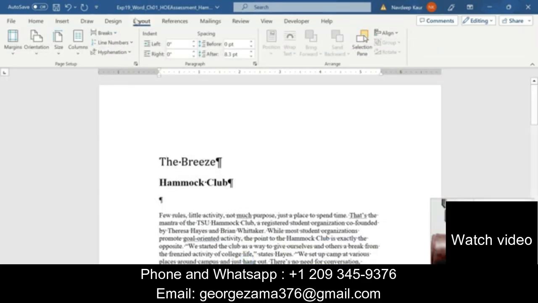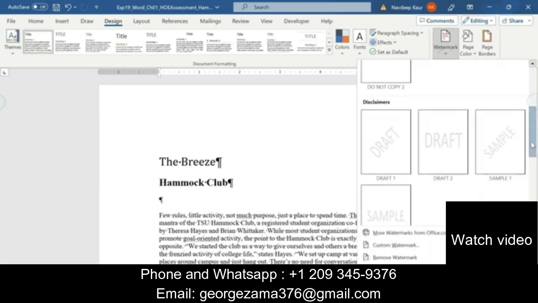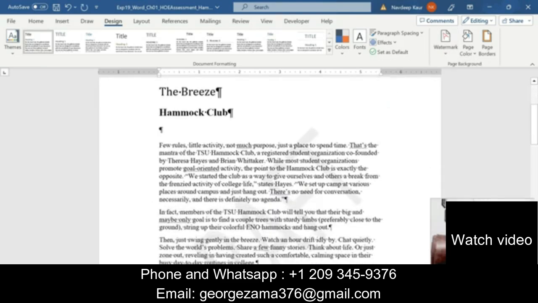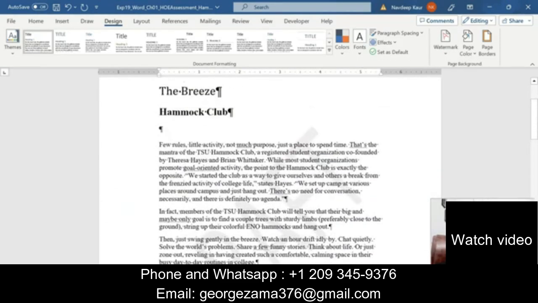That is required in this step. So we will simply go to the design tab. This is the design tab, and in page background we will go to the watermarks, and we are supposed to select draft 1. You can see draft 1, draft 2, sample 1, sample 2, and we are supposed to select this draft 1. So the watermark has been inserted, but we are supposed to customize it to change the color